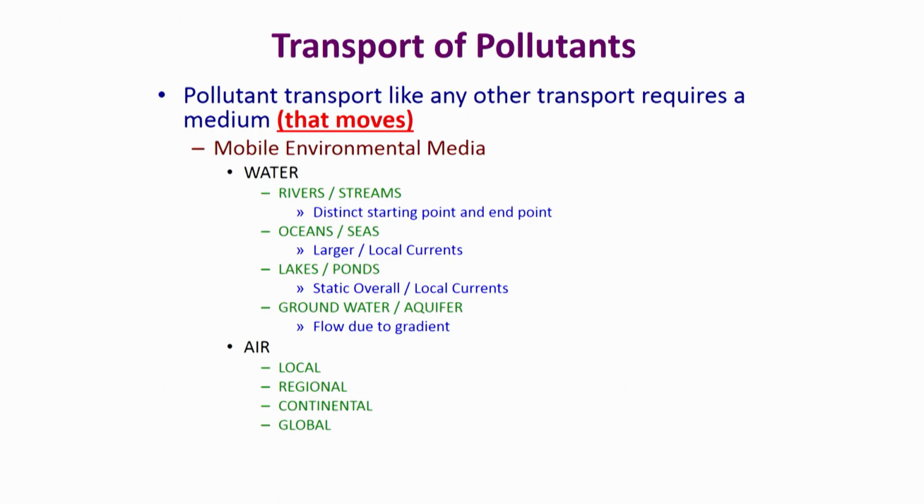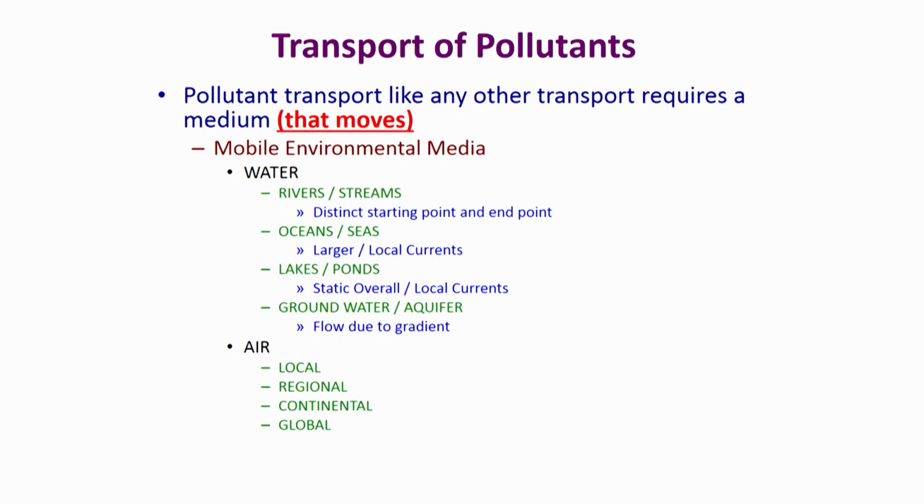There is vertical movement that can be generated within the lakes as a result of thermal convection and density difference. And this is more predominant in colder regions where there are very significant temperature differences between different layers of water, and therefore this induces some kind of vertical mixing. If you look at